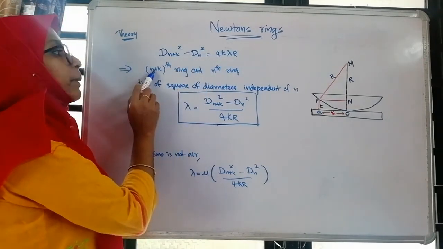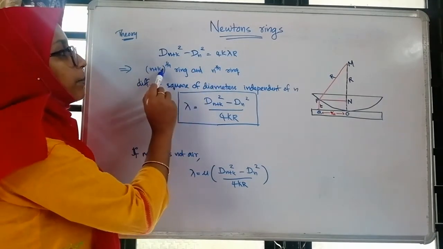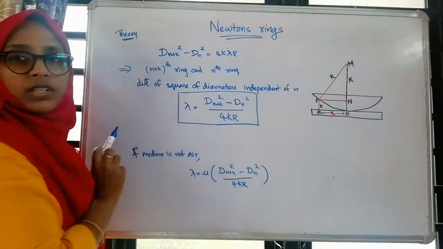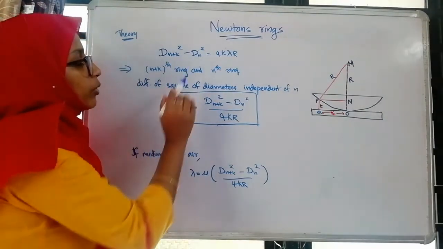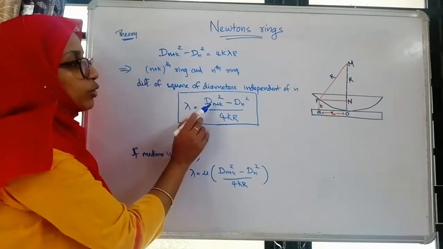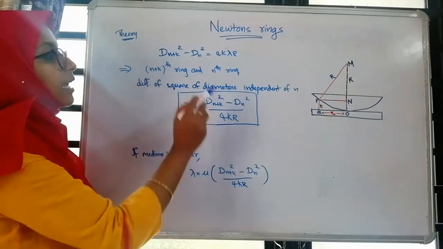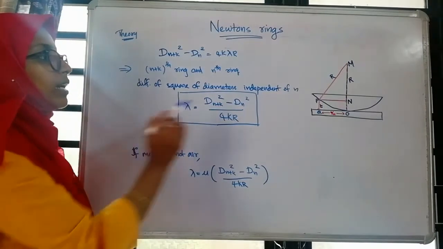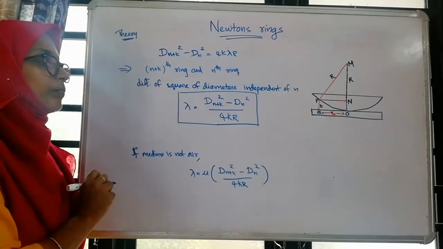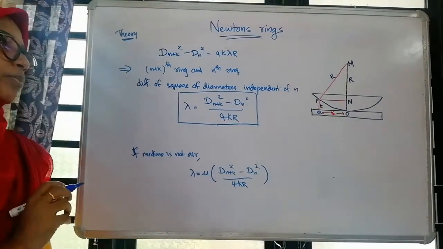Now if we consider the n plus kth ring and the nth ring, the difference of the squares of the diameters of the n plus kth ring and nth ring will be independent of n, only dependent on k. From this we can rearrange to get the wavelength of the sodium lamp or monochromatic source of light which we have used. Lambda is equal to Dn plus k square minus Dn square by 4kR. K is the difference between n and n plus k, and R is the radius of curvature. Dn is the diameter of the nth ring. Dn plus k is the diameter of the n plus kth ring. And by knowing these variables we can find out the lambda value or wavelength of the monochromatic source